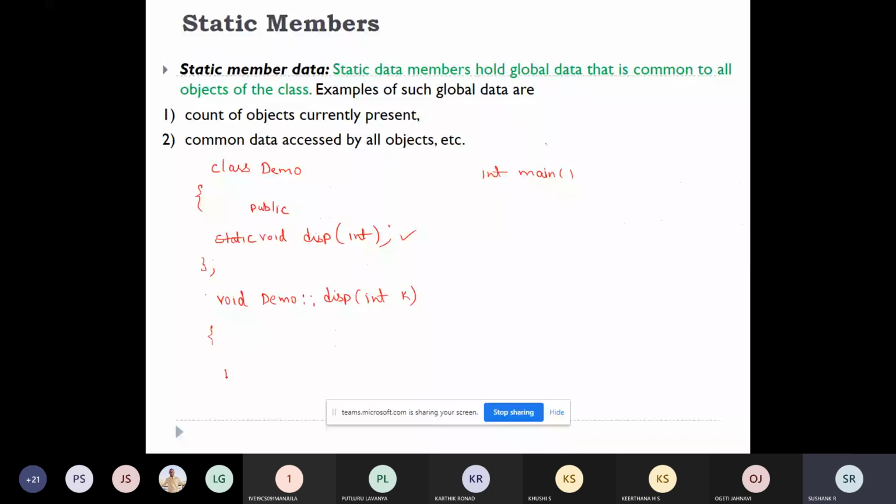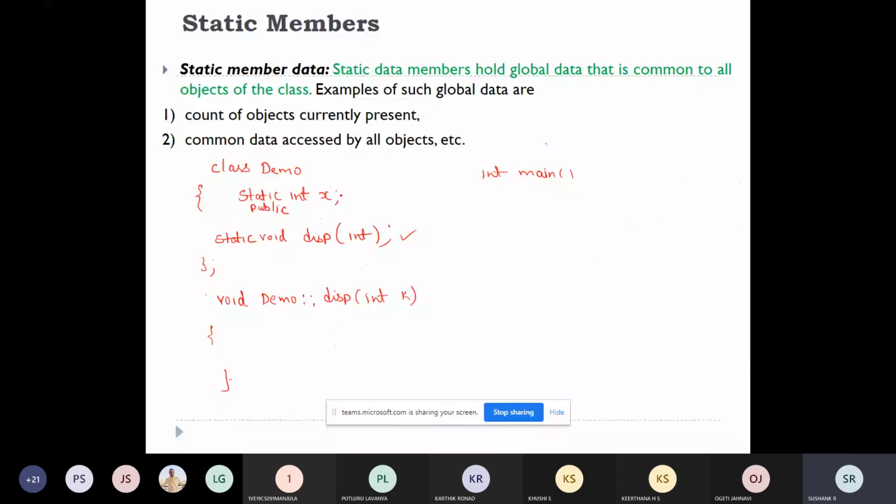After that, the logic. What is the purpose of a static member function? It is to access the static member variable or to modify the static member variable. So I'll declare one static variable, static integer x. Now the purpose of this display function is to either access this variable x or modify it.